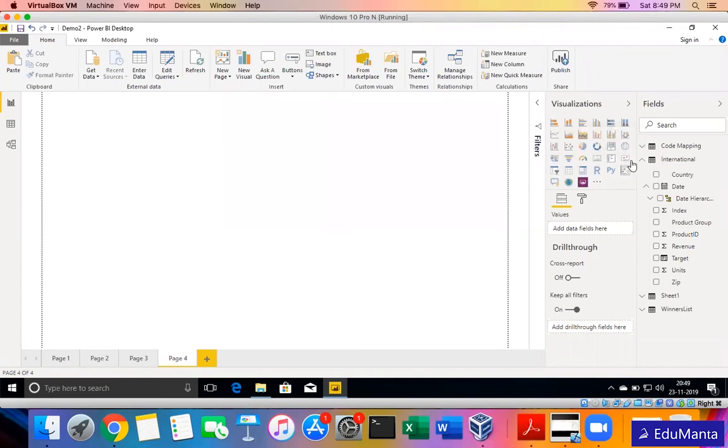You will become used to the different visuals, and everyone has their own way of designing reports. Some visuals are more appealing to some users and others are not. So that is how we design. We will cover some important sections of conditional formatting in the upcoming session, how to conditionally format the data. And there is something called a slicer, which is also part of the upcoming session, which is very important.